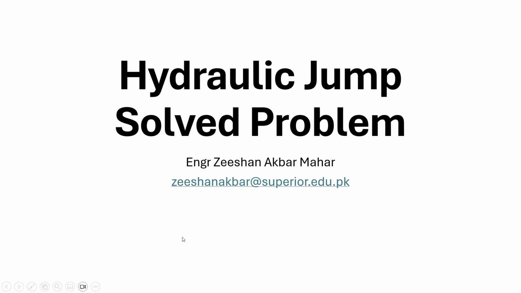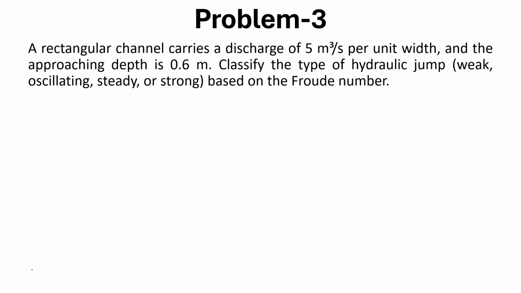In this video lecture, we will discuss a new problem about the hydraulic jump. So this is the statement of the problem: we have a rectangular channel in which there is a discharge of 5 meter cube per second per unit width of the channel and the approaching depth is 0.6 meters. So if we write the data that we have, Q,